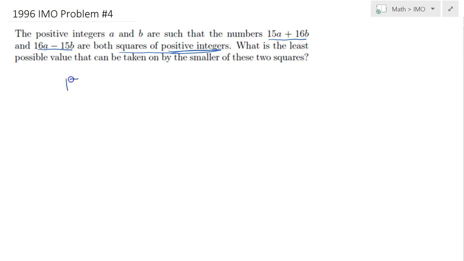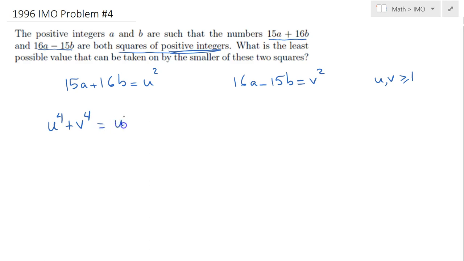So the hypothesis tells us that 15a plus 16b is equal to u squared, and similarly 16a minus 15b is equal to, say, v squared, where u and v are both greater than or equal to 1. Now the trick of the problem, kind of like the crux move, is to consider the following expression: u to the power 4 plus v to the power 4. Well, that's simply u squared squared plus v squared squared,